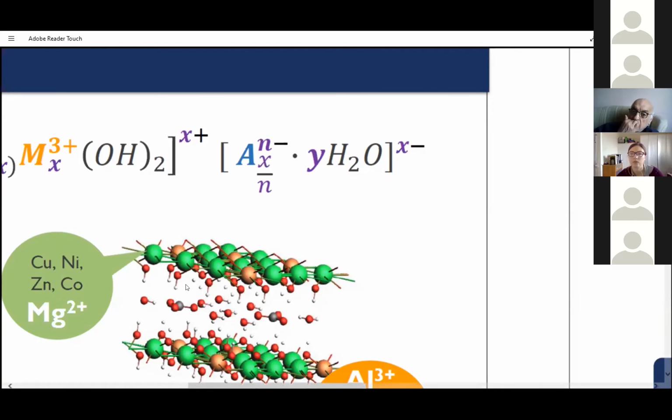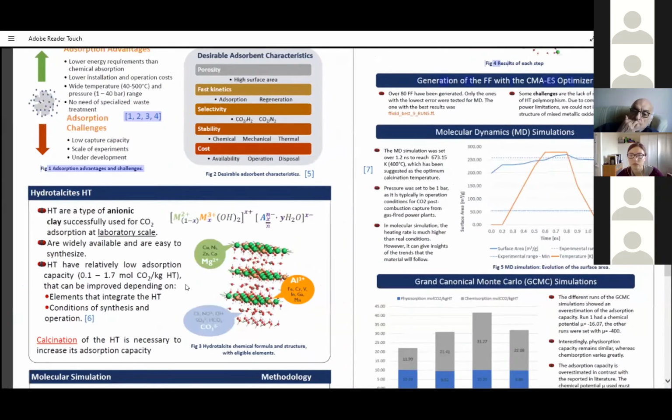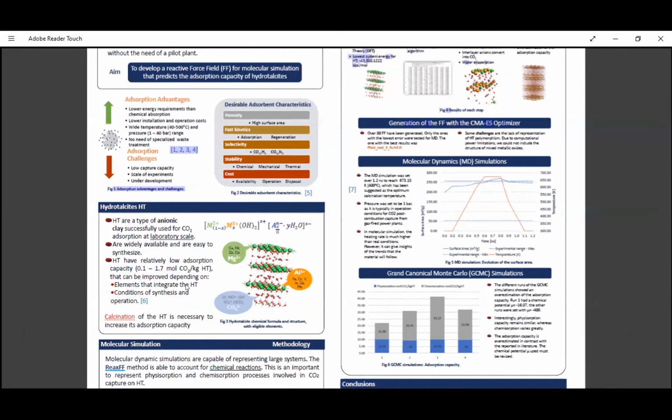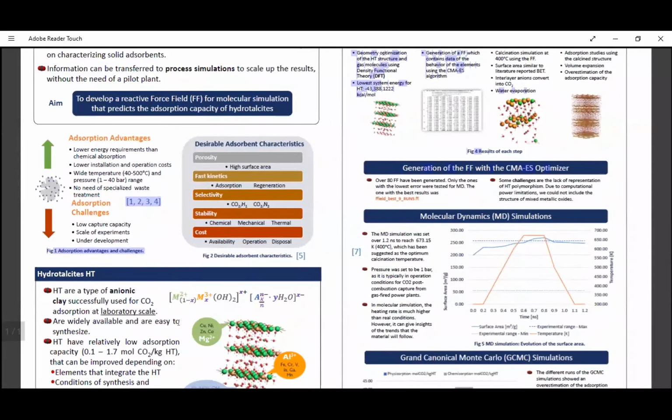Yeah, well, part of the reason why we chose the ReaxFF method to simulate this is that, while there are other ways to do molecular simulation, this one specifically can deal with the creation and disappearance of chemical bonds, which would reflect the chemical sorption. And these would also help us to